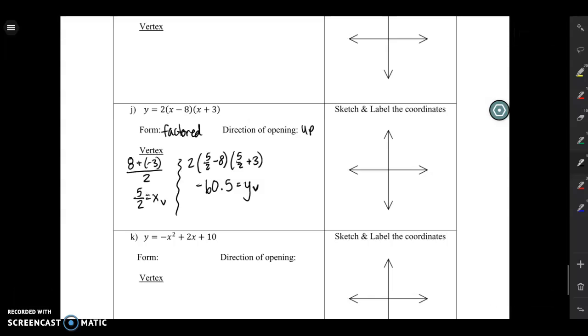Over here on the right, I'm going to sketch a really rough graph of what the calculations I just did tell me about the graph. One thing is that I know my vertex. My vertex is 5 halves and then negative 60.5. I should have probably done all those as decimals or all as fractions. So I can now sketch about where the vertex is. It's going to be over 2.5 and then down a lot. And since the graph is opening up, and I know it's going to be a